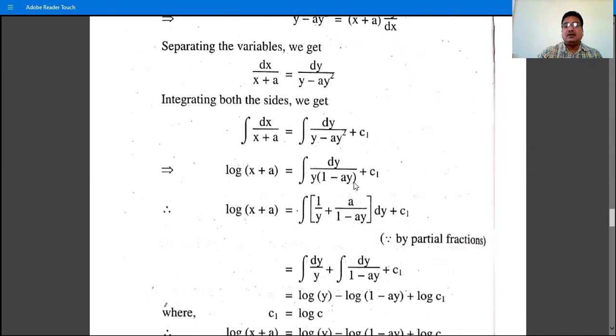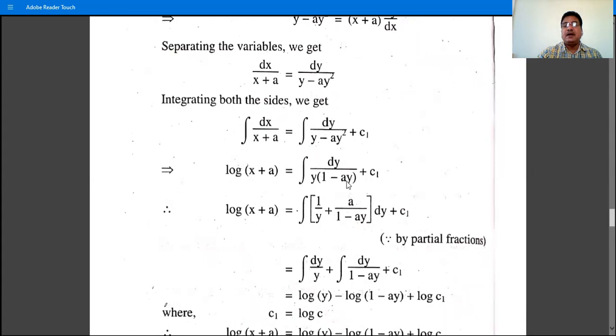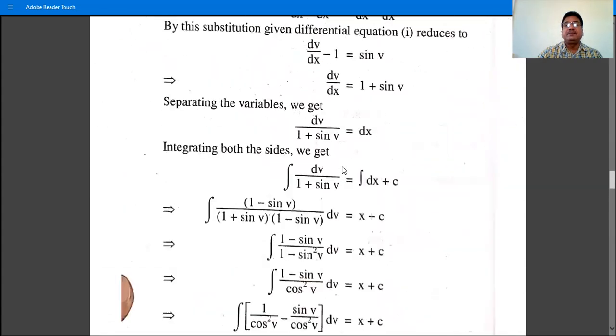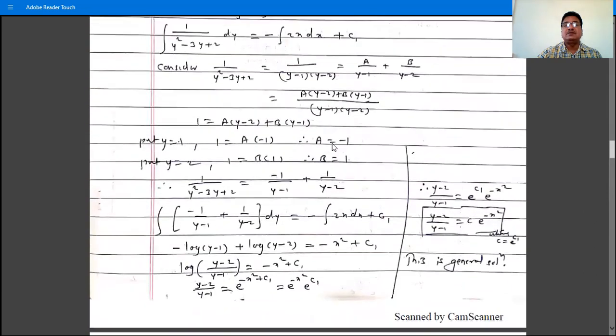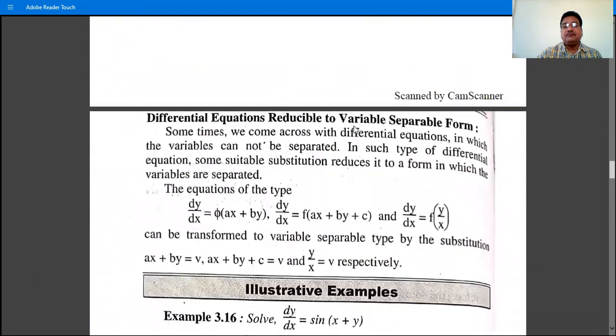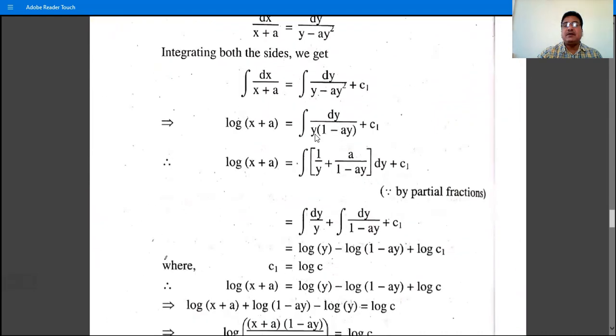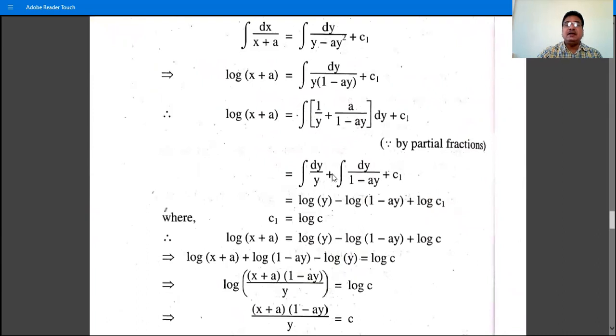So here we first obtain the partial fractions of this 1 divided by y into (1 minus ay) by using this method. That is, write A divided by the first factor plus B divided by the second factor, and then find the values of A and B. So we have the partial fractions of this 1 divided by y into (1 minus ay) as 1 by y plus a divided by (1 minus ay) dy, plus the constant of integration. And then the integration of 1 by y is log y, and of a by (1 minus ay) is log (1 minus ay) divided by y, divided by a,